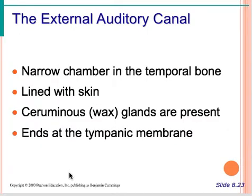The auditory canal has skin, it has epithelium on it. The canal runs through the temporal bone. Remember that from the skeleton chapter, the external auditory meatus. The glands that make earwax are called the ceruminous glands because they make cerumen. Fun fact, which I believe we talked about before, is that